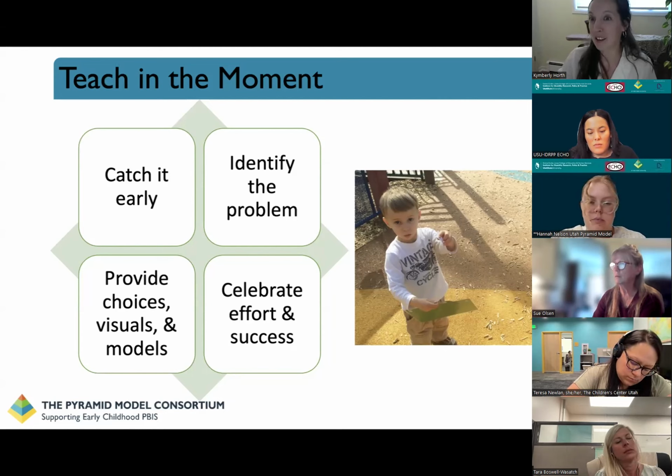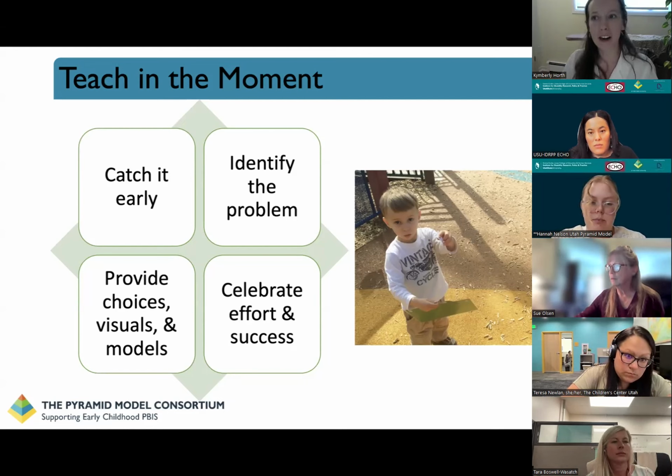So kids are probably going to need a lot of support in order to engage in a solution like that. And then finally, just like with all of our other examples of supporting problem solving, we want to celebrate kids' effort and success. So celebrating all the hard work that they're putting into solving that problem, like, oh man, you